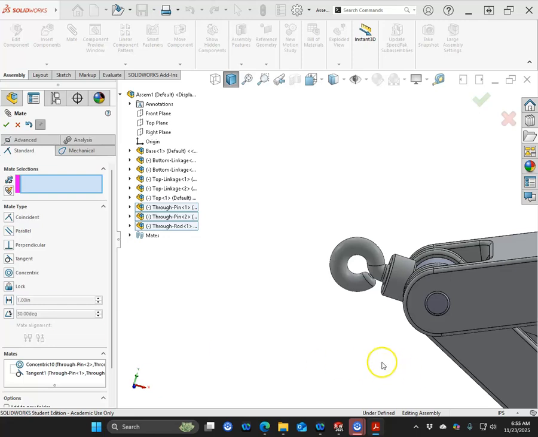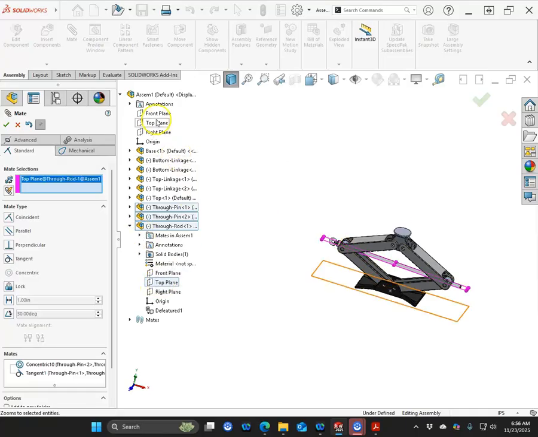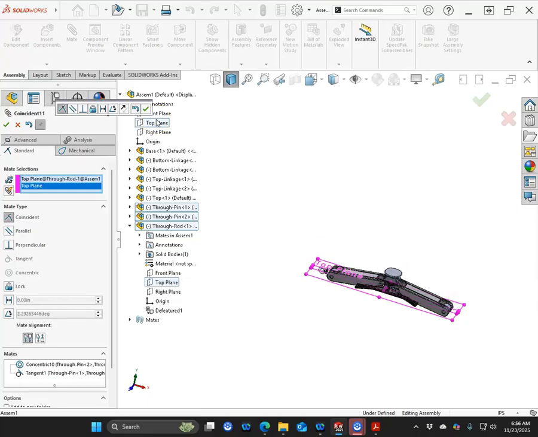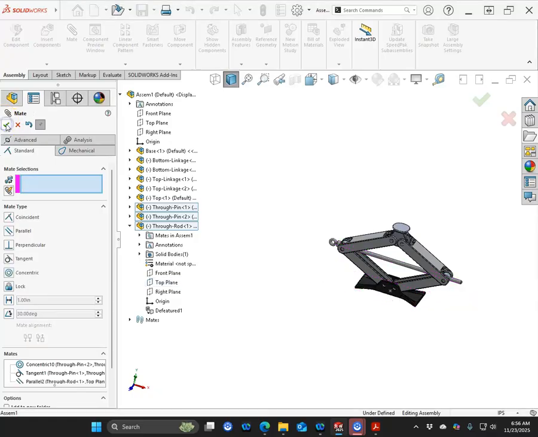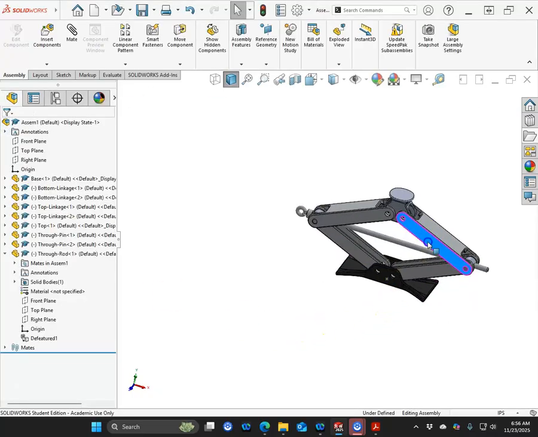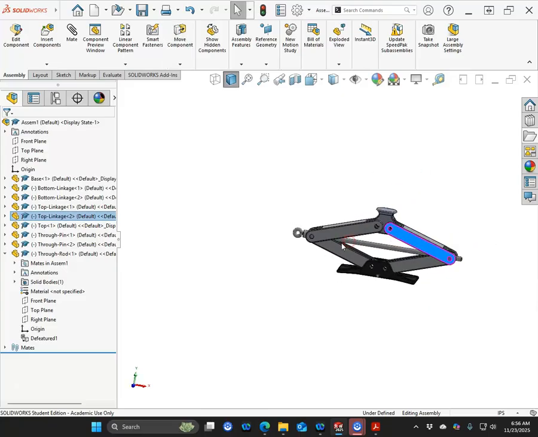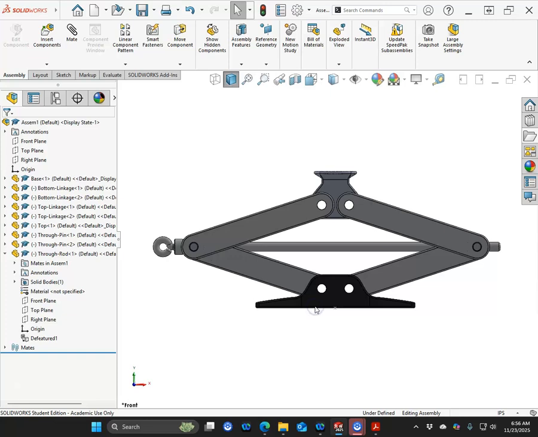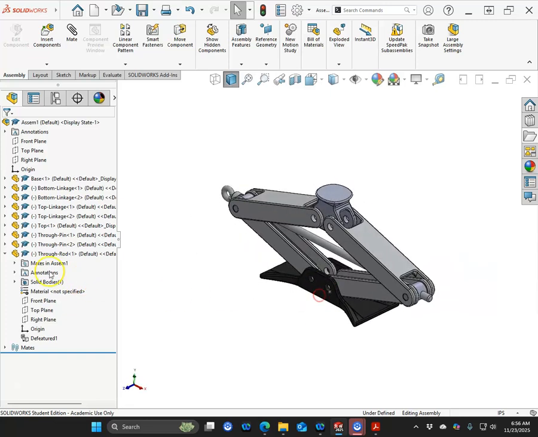All right, it looks like the opening of the through rod is facing down. So if we go top plane and top plane, then we can go parallel. All right, so doing that now, when this goes up and down, we're seeing the movement is pretty smooth. It's not trying to misalign. So we'll go ahead with our last